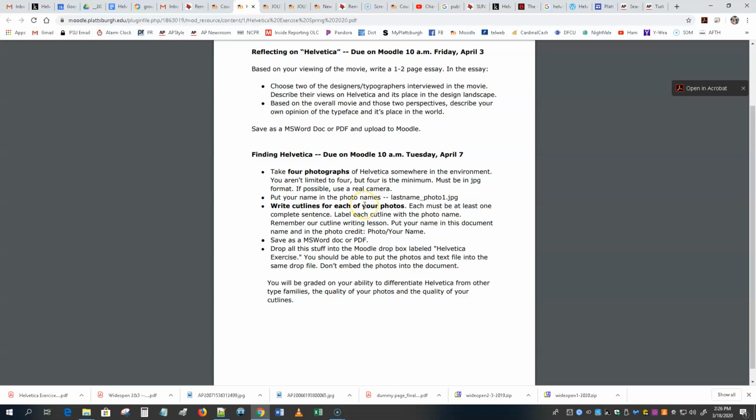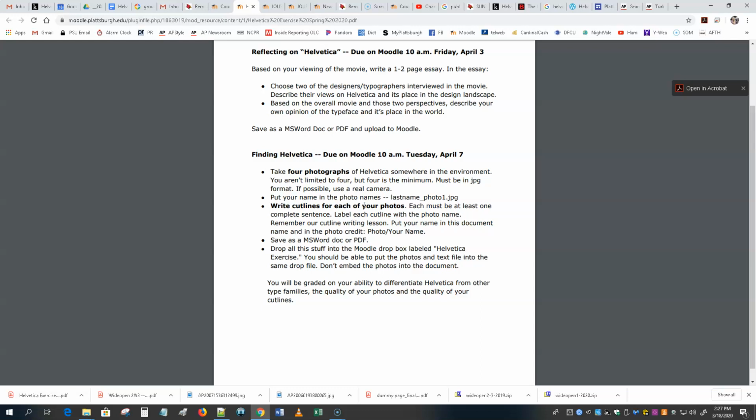Then, also, with this new experience of having seen Helvetica everywhere, I want you to go out into the world, or someplace in your own house actually, and take 4 photographs of Helvetica. Now that's a minimum. I hope you do more than that. I mean Helvetica in the real world. Stuff that uses Helvetica. I don't mean books, okay? I mean products or buildings or cars or signs or whatever.